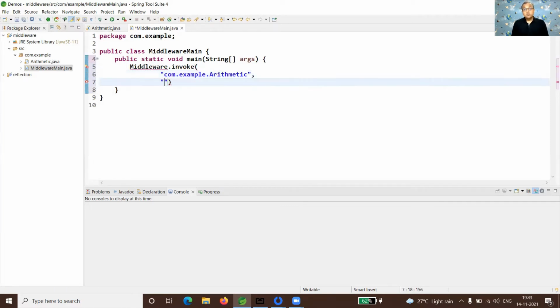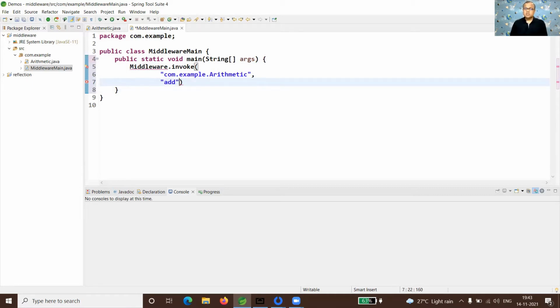Then I want to call a method like the add method. As you know, Java supports method overloading, so there is a likely chance that for one name, there can be multiple methods. To identify the method correctly, you must give the argument types.